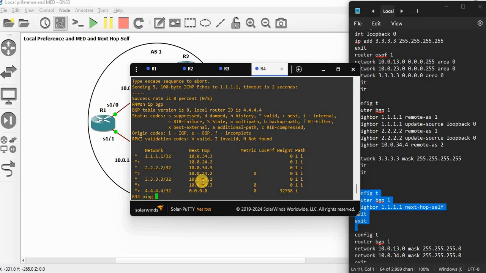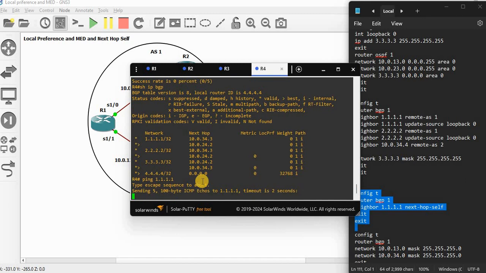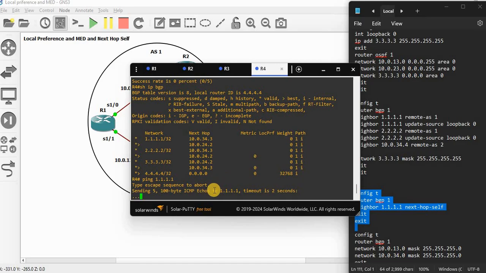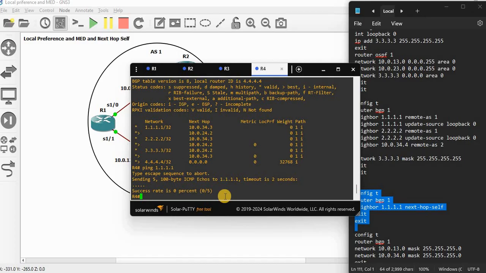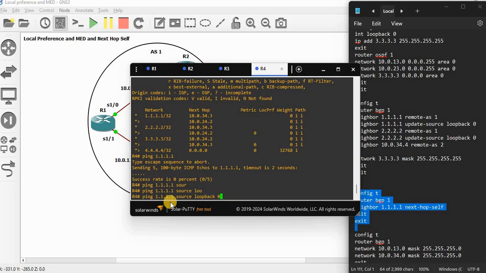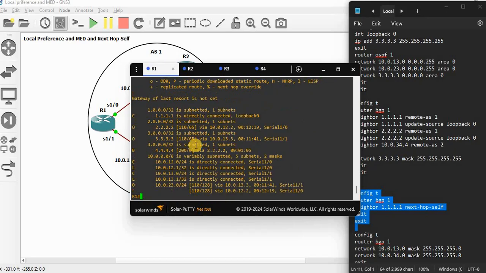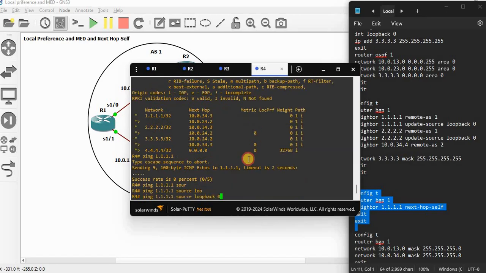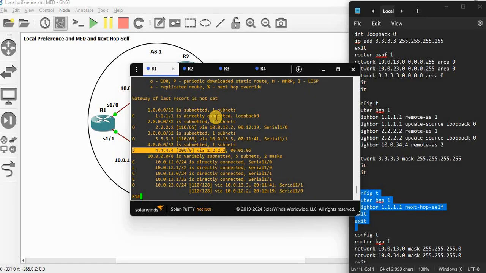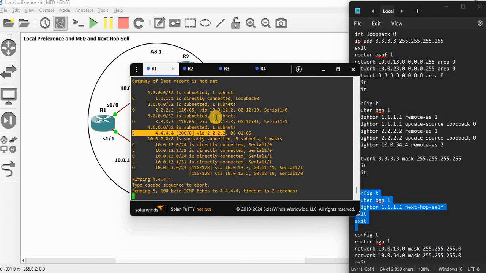See, ping 1.1.1.1. Okay, it's not reachable because R1 doesn't have the 24 network source network. If you ping like this with source loopback 0, that is the 4.4 network for R4. So if you see, R4's 4.4 network is available via R2, it will be reachable. So if you keep pinging, it will be reachable. Like that. But if you ping 4.4.4.4, it will not be reachable